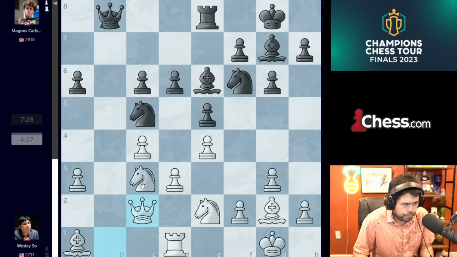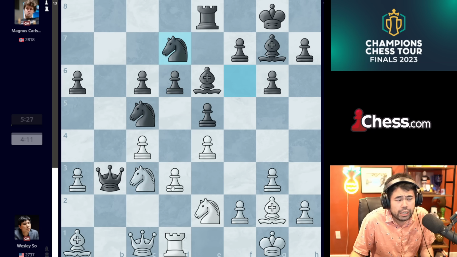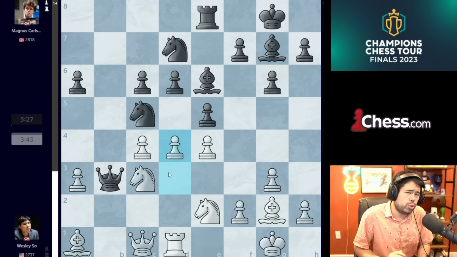So we get queen c2, queen b3 is played, we get queen c1. Now Magnus plays knight fd7, rerouting the knight, also trying to prevent this d4 pawn push potentially down the road. Now here Wesley decides to go all in with d4, and when I was doing my live coverage of this